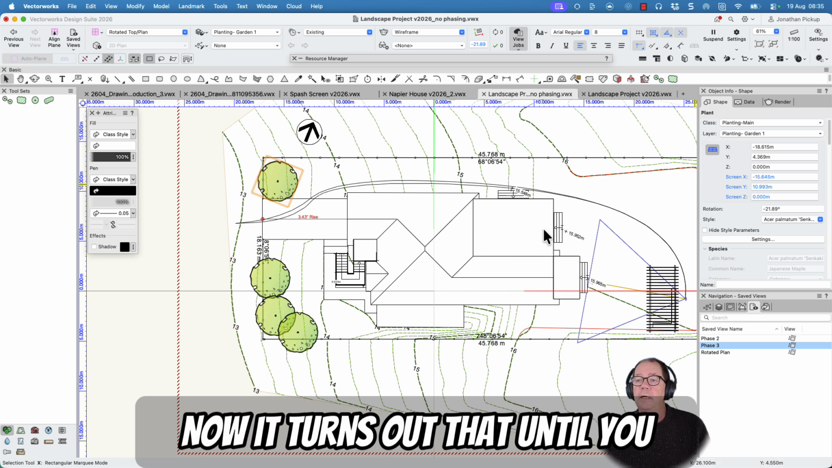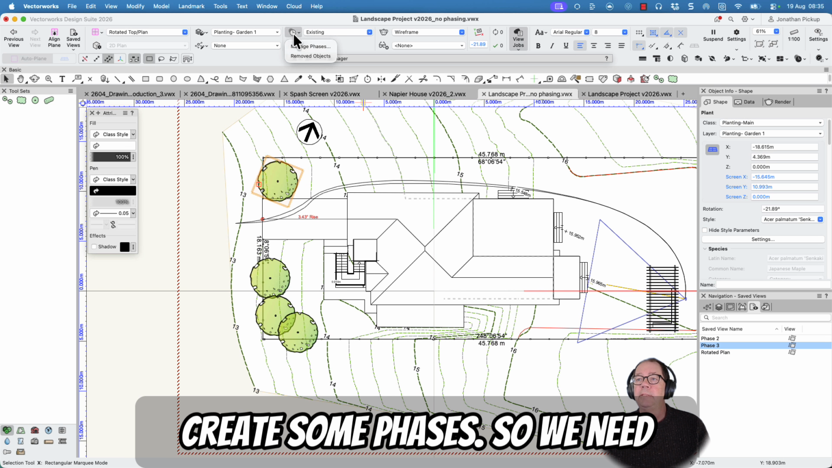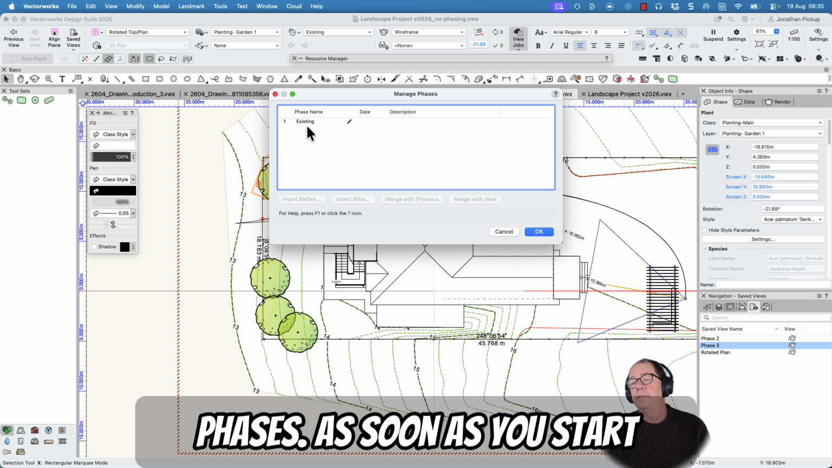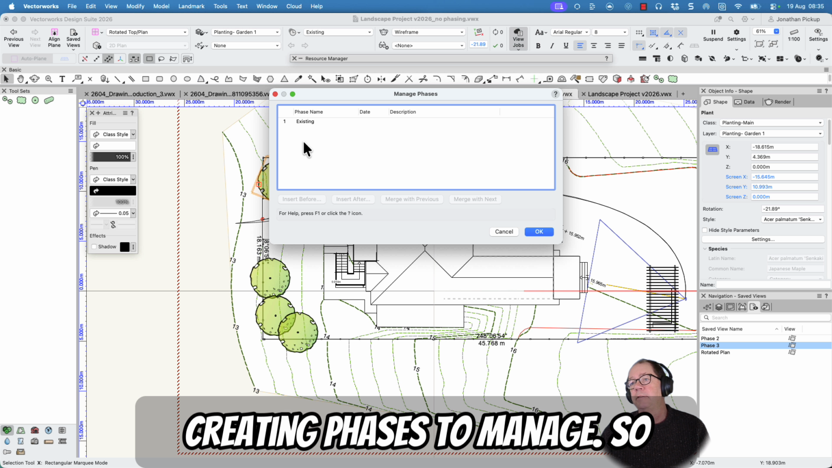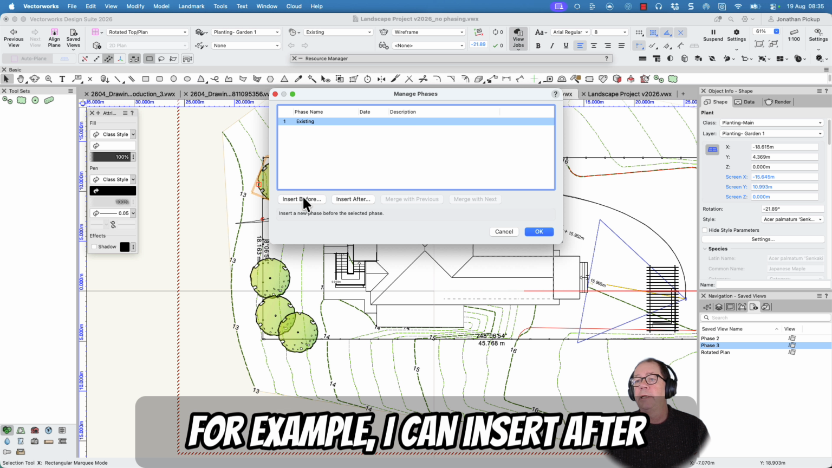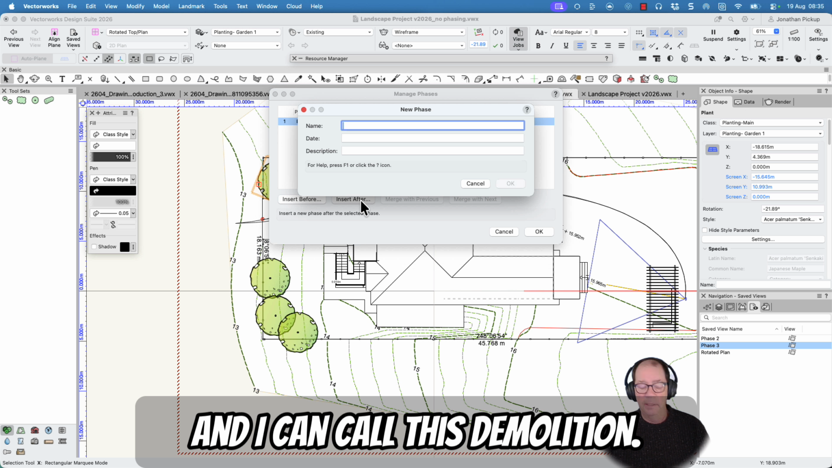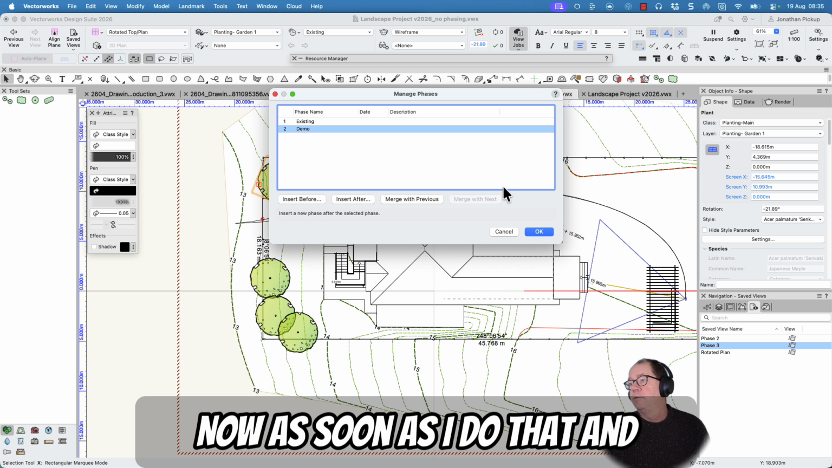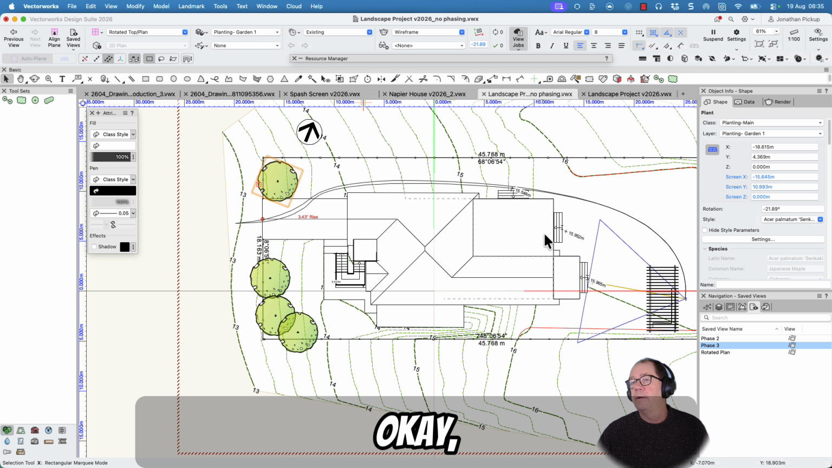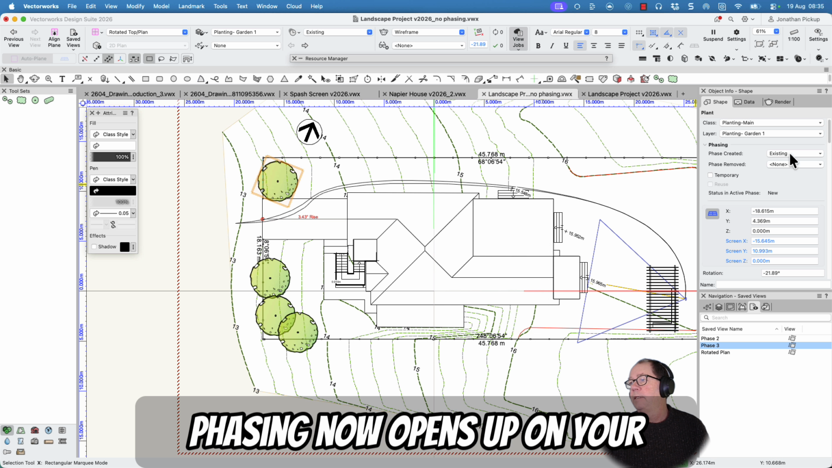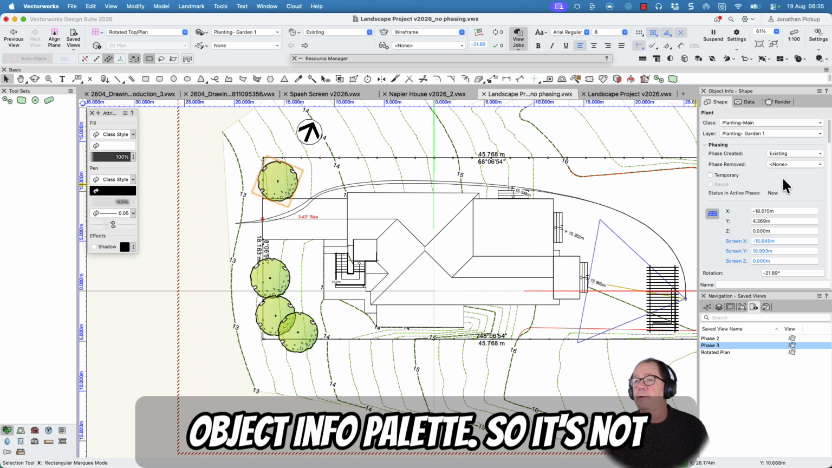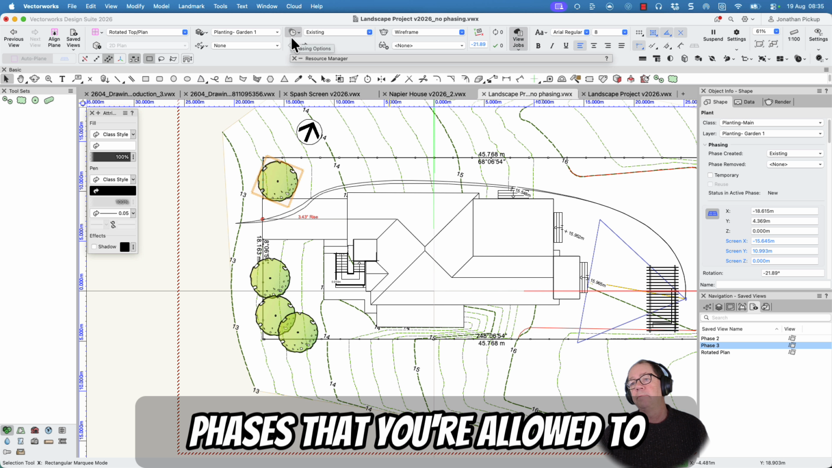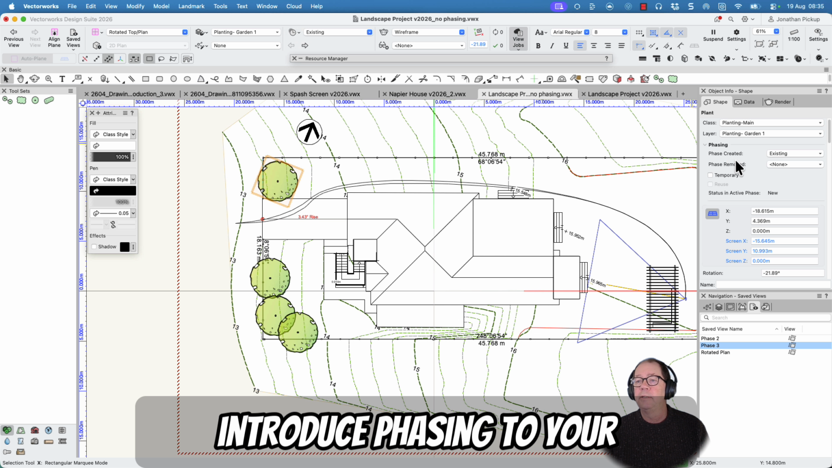It turns out that until you create some phases, so we need to go here and we need to manage phases. As soon as you start creating phases to manage, so for example, I can insert after, and I can call this demolition. Now, as soon as I do that, and OK, phasing now opens up on your object info palette. So it's not until you create a series of phases that you're allowed to introduce phasing to your objects,